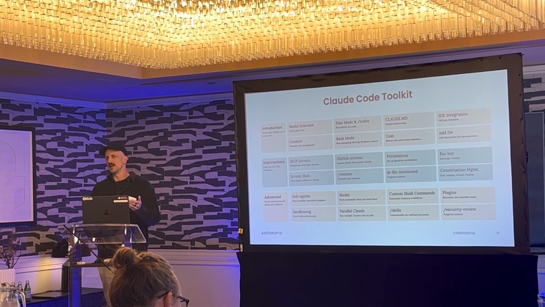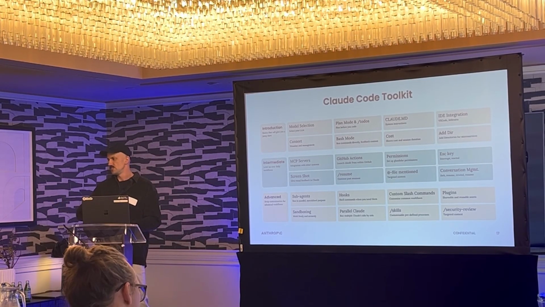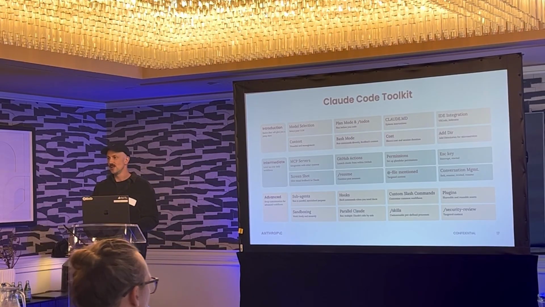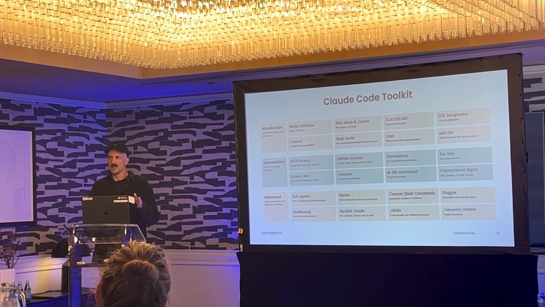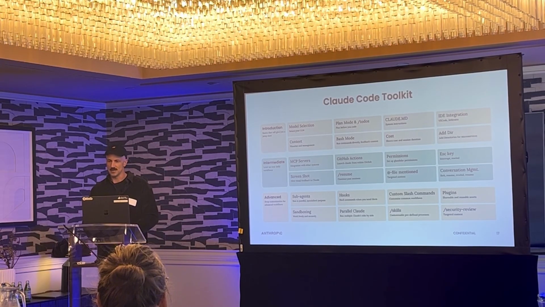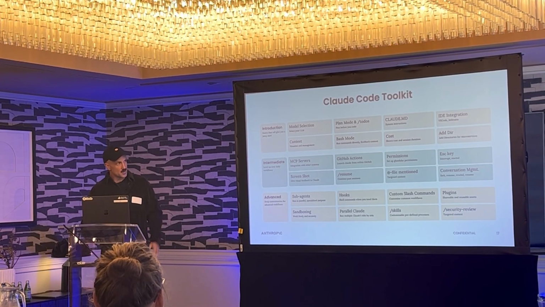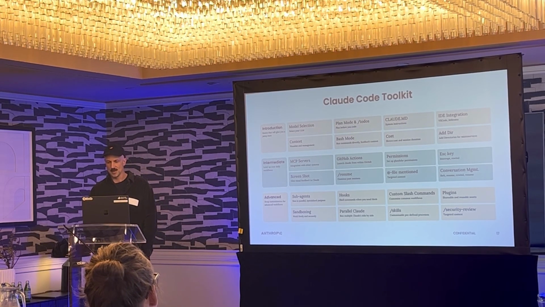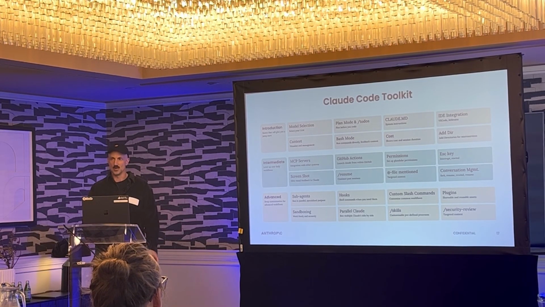So something like the Explorer subagent is incredibly effective because it'll traverse all kinds of different files, review them, and then return only a condensed summary of what you're looking for and not consume all of that main thread's context. There's a lot of other stuff on here, and we don't have the time to touch on all of it, but we'll go into more depth in a few of these. So hopefully that starts giving you an overview of the basic Claude Code ecosystem and all of the things that you have at your disposal to build